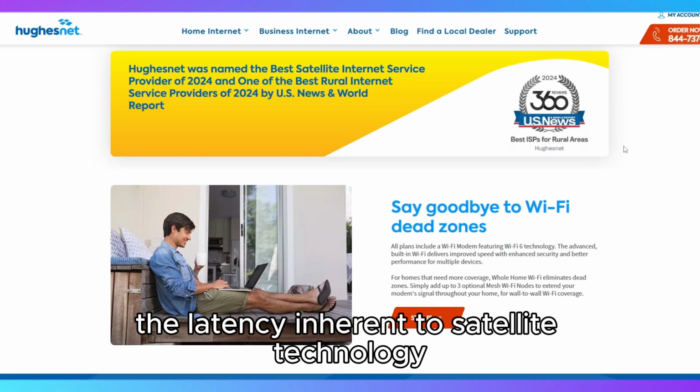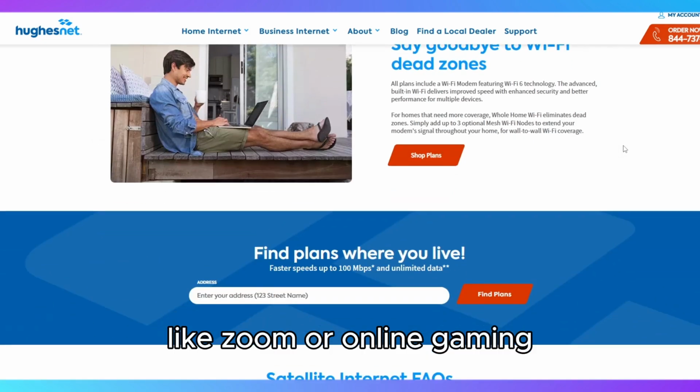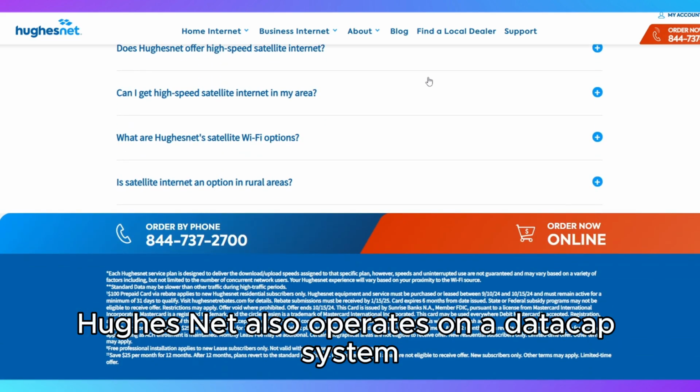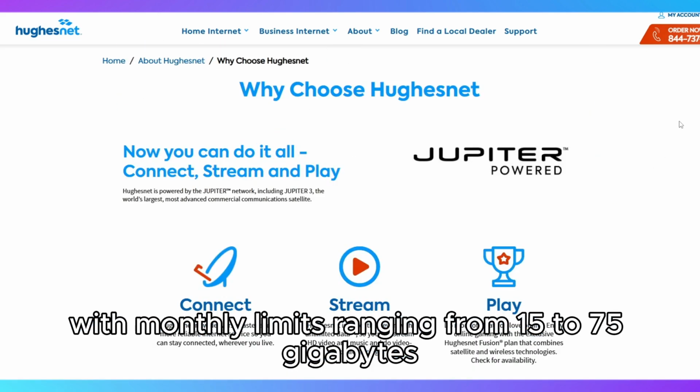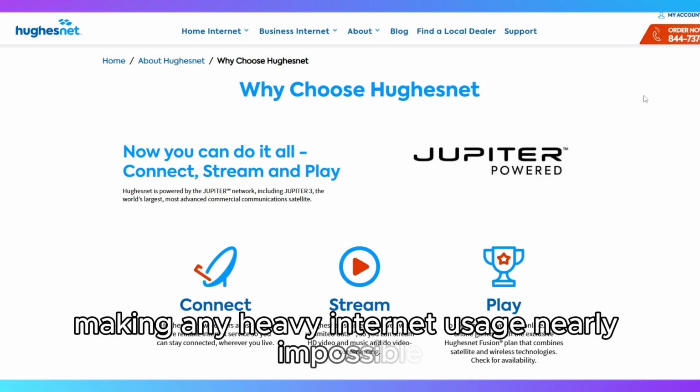The latency inherent to satellite technology makes real-time applications like Zoom or online gaming quite challenging. HughesNet also operates on a data cap system, with monthly limits ranging from 15 to 75 gigabytes. Once you hit that limit, your speeds are drastically reduced, making any heavy internet usage nearly impossible without paying for